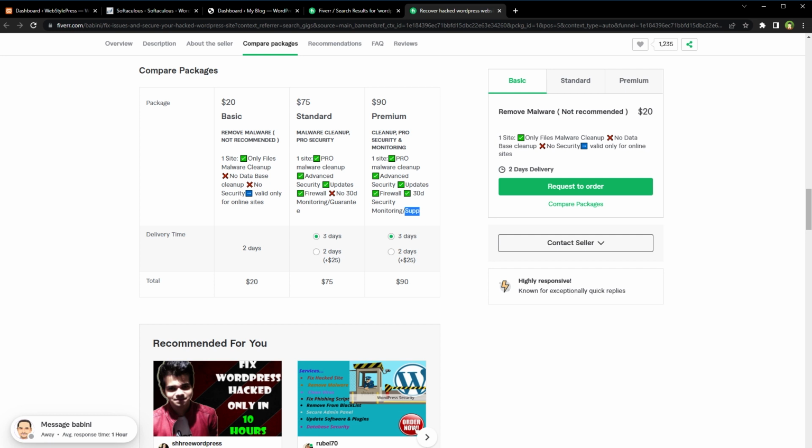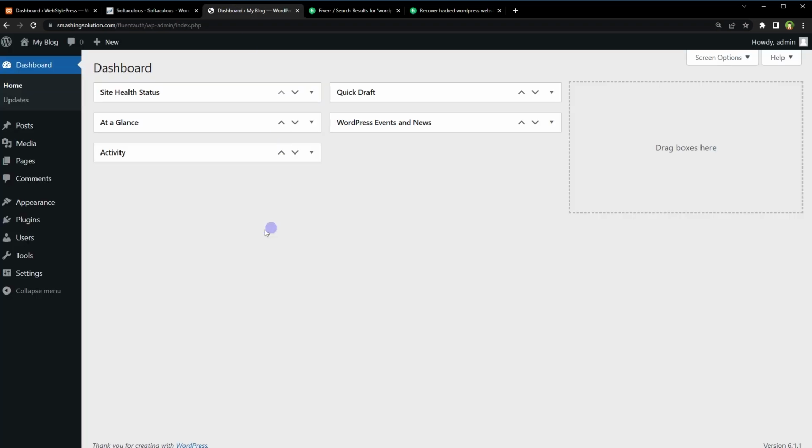You can also enable magic login in WordPress, and you can also limit login attempts. In a few seconds, I will also recommend valuable resources that can help you make your WordPress website secure. For now, let's go to the WordPress dashboard, go to plugins, click add new,